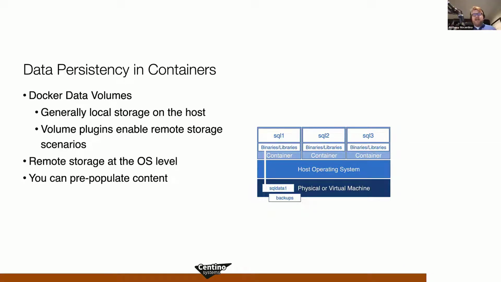And we'll look at how to do that in the second part of the talk today when I talk about getting data into containers. So we can attach backups and content into a running container, and then we can run operations on those since that data is accessible inside of the container. Again, it could be backups, it could be database files themselves.